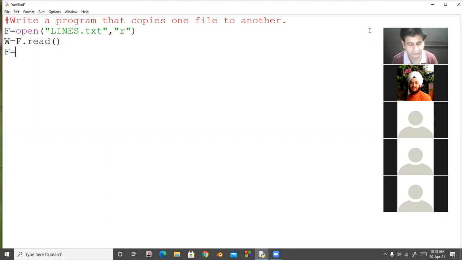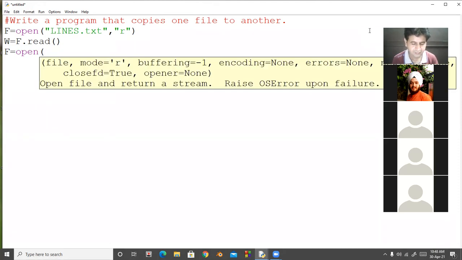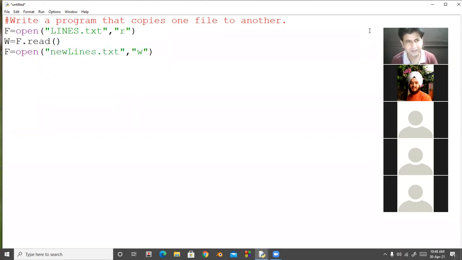For this we open the file new lines.txt in writing mode, and we will write f1 dot write, what we will write, w, and after that f dot close, f1 dot close.